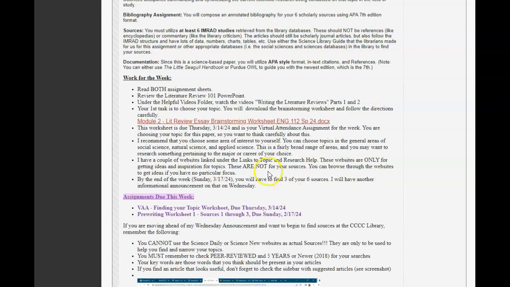So I have a couple of websites linked under the folder Links to Topic and Research Help. These websites are only for getting ideas and inspiration. I'm going to show you that in a minute. They aren't for your sources. Your sources have to come from the Coastal databases. You can't use websites for any of these sources. So,